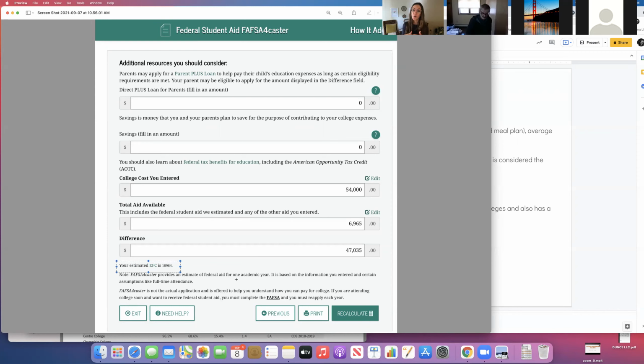Obviously, we don't know what the colleges are actually going to award you, but this number is given to the colleges you apply to, and that's how they determine your eligibility for need and what they can afford to give you from their pockets. That's how they determine what they're going to give you in institutional aid. And that's super important. And I noticed that a lot of families are confused about this.